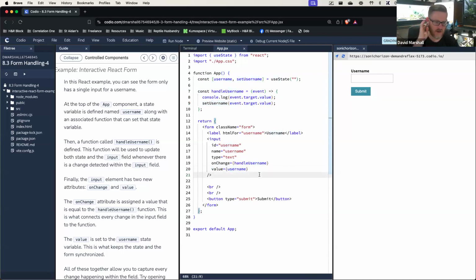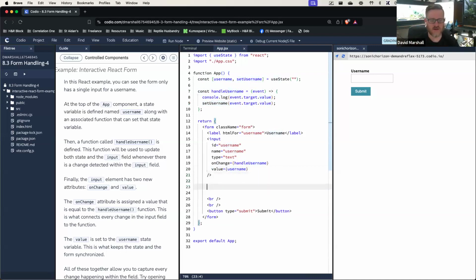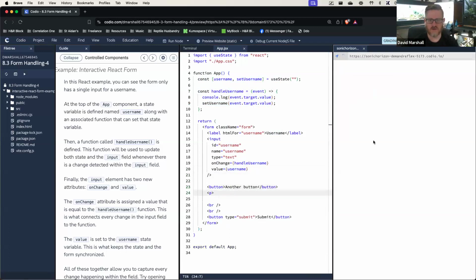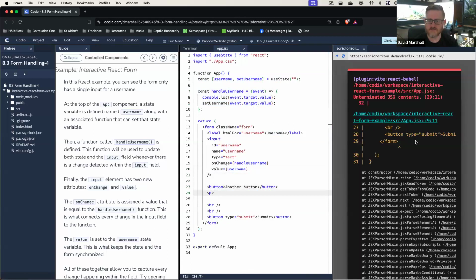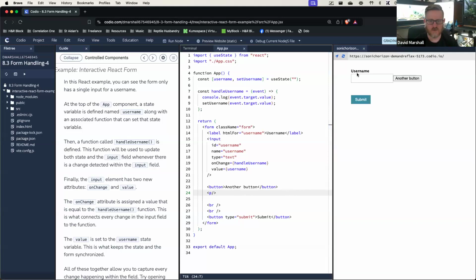Okay, so I'll show you something here. Let's have a button. Okay, another button. We'll do this. All right. We see isn't that how did that? Why are you upset about? Okay, so here's another button. Okay,